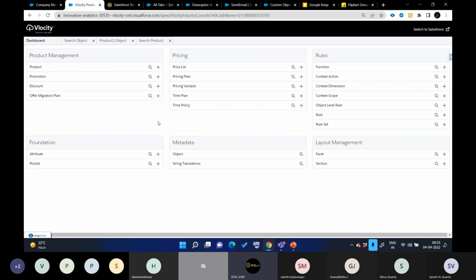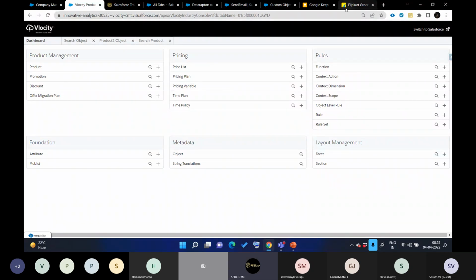So how can we do that? All those things are also there in Velocity. They say that once you install the package, you literally don't need to do any coding if your customer is not very concerned about the UI. But if your customer is concerned about the UI, then obviously you need to do the coding for that.